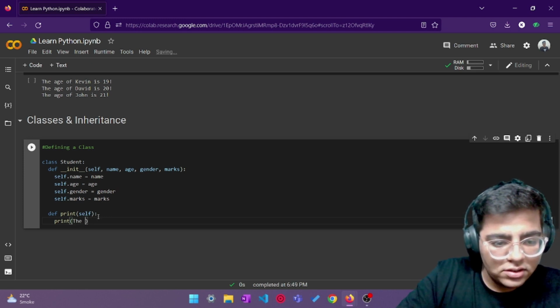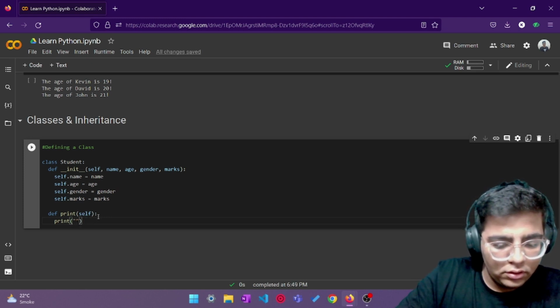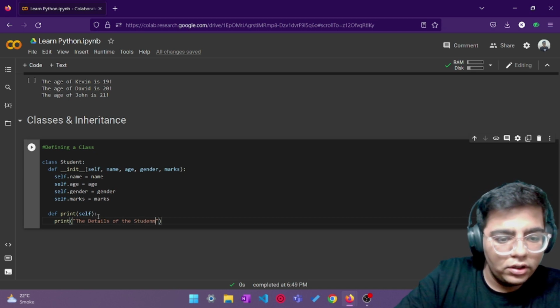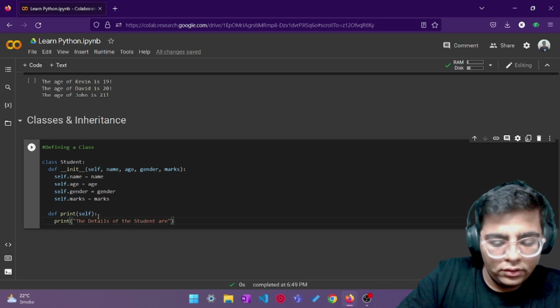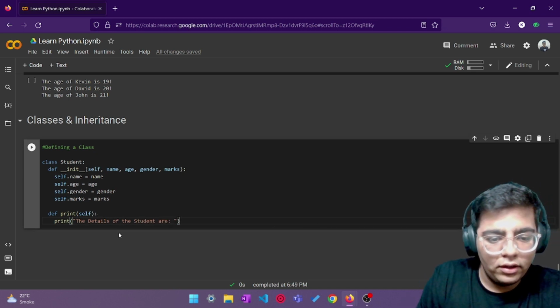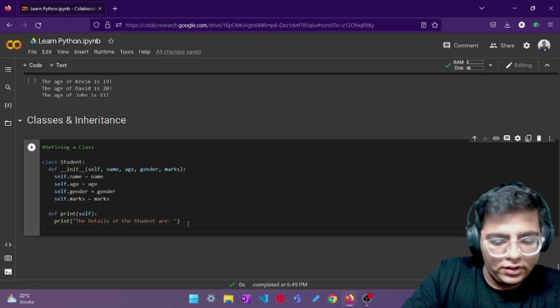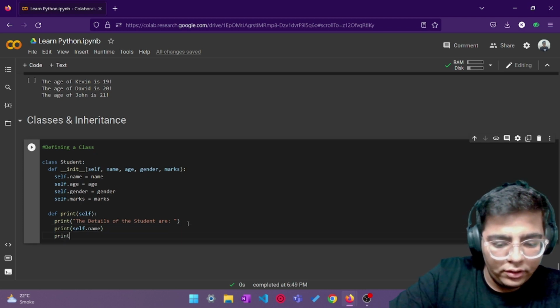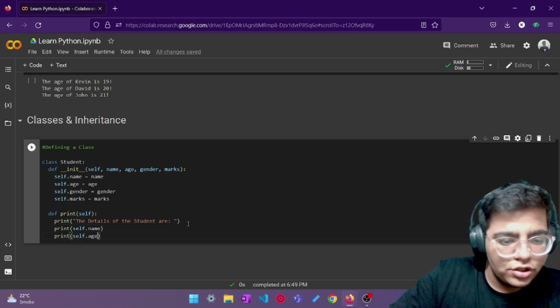the details of the student are, alright, and then we just do print self.name, print self.age,